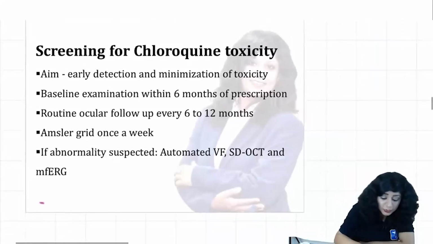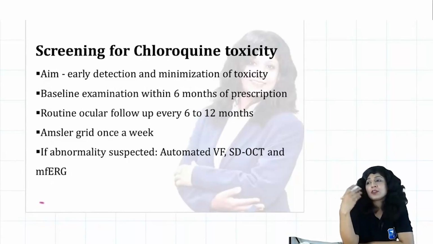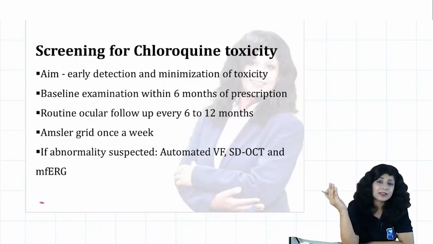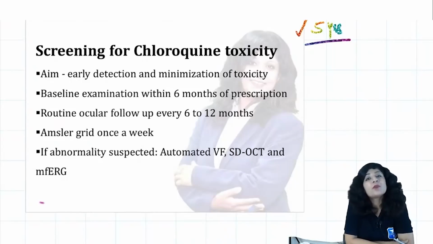Now if I want to do the screening, you can have a question on the screening. Your orthopedic friend has started the drug, when should he send for the screening? The intern has asked you when should I start sending for the screening? It could be like this. So always remember that the toxicity usually occurs after 5 years. ठीक है ना? But that does not mean that you will wait for 5 years.